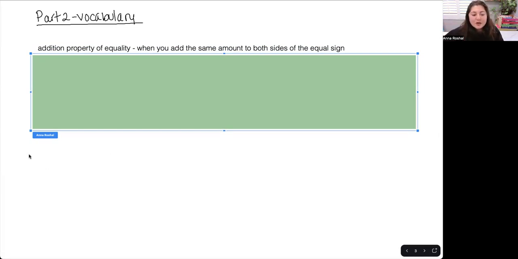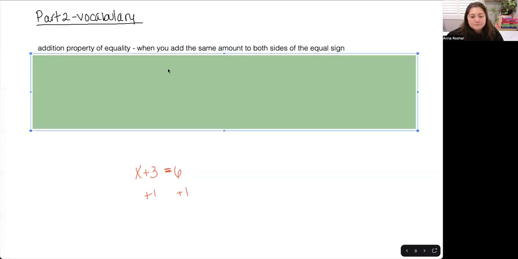And last time we talked about how an equation could be something like x plus 3 equals 6. So I would add something to both sides of this equal side. Like I would add, let's say 1 and add 1. And this would be addition property of equality because adding 1 would happen on 2 different sides of the equal